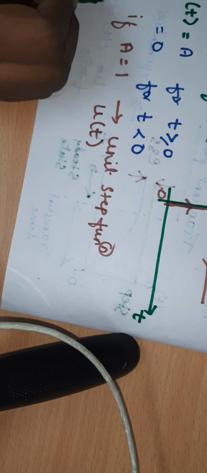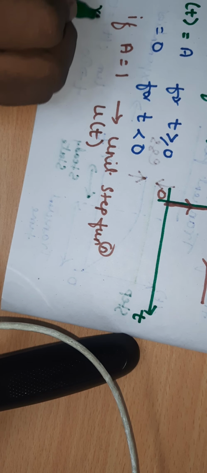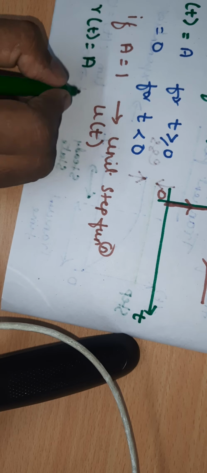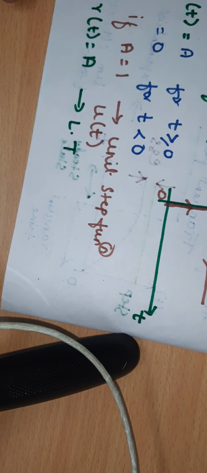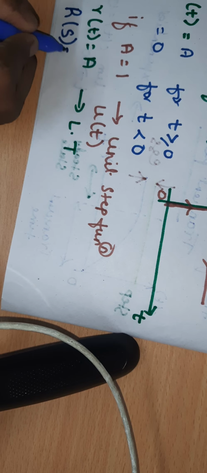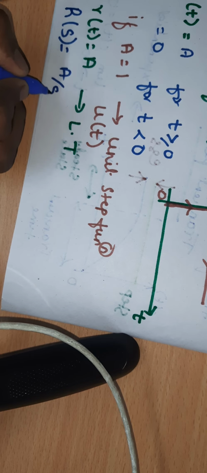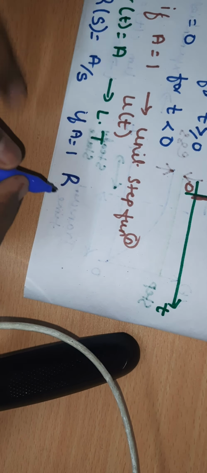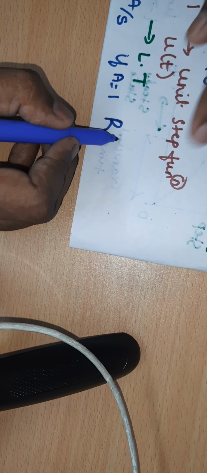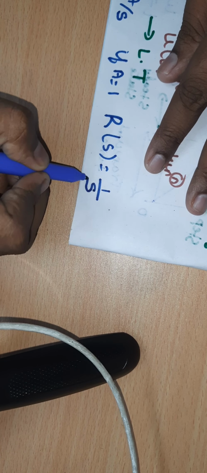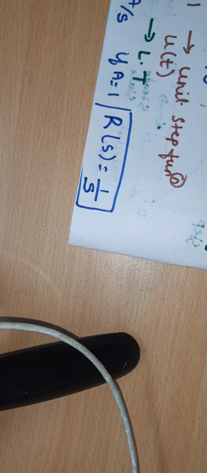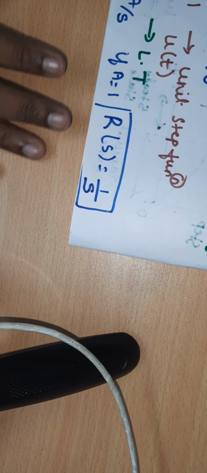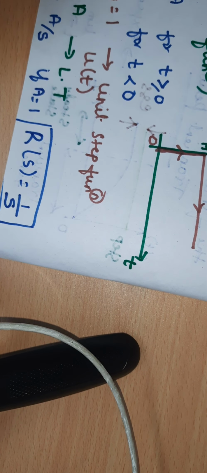If R of t is equal to A, then its Laplace transform is R of S is equal to A by S. If A is equal to 1, then R of S is equal to 1 by S. This is about the standard test input signal, step. First, step we studied. Now let's study for